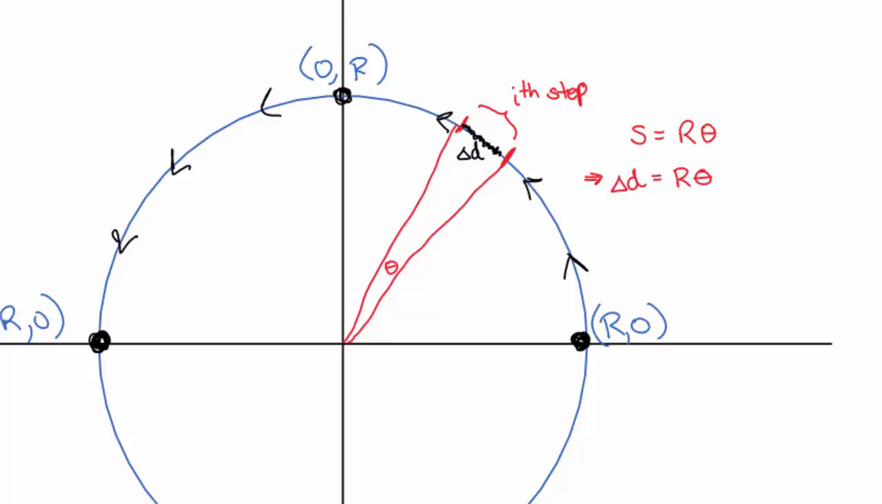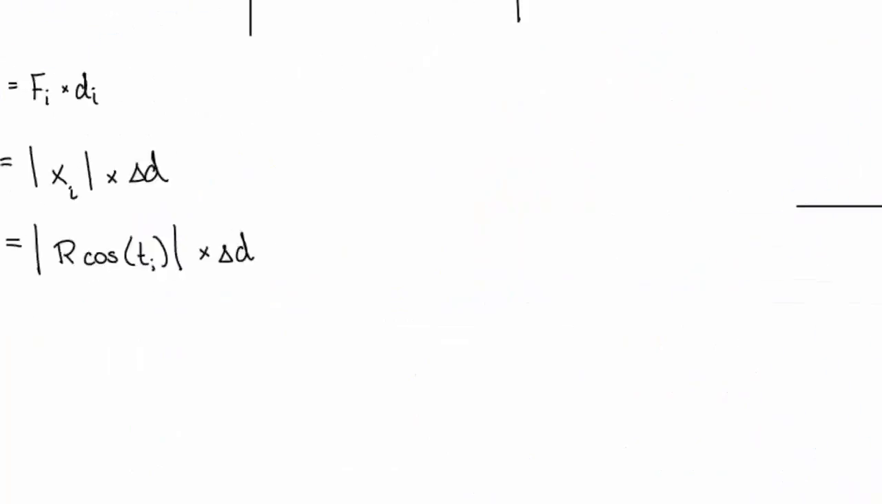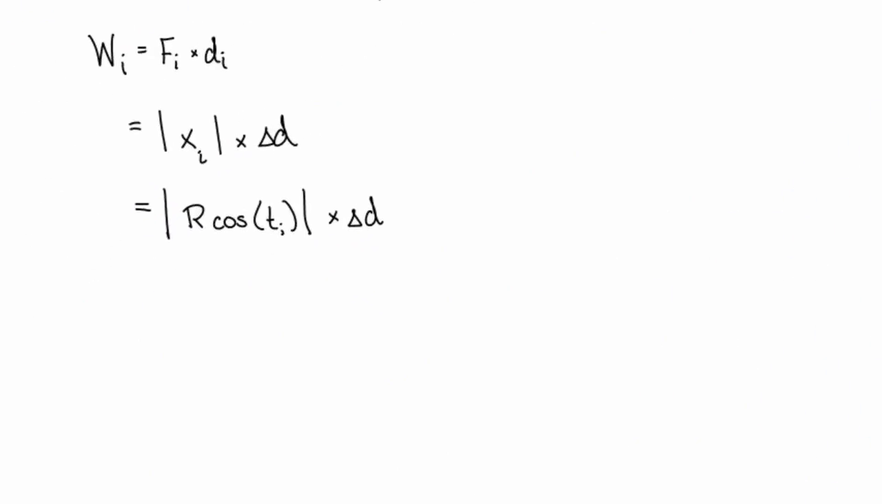Now, okay, we're almost ready to use this relationship. However, if I say that delta D is R times theta, I have no idea what theta is. So that's a problem. If I scroll back here to my equation, that work is force times distance, and we were told the force is the absolute value of r cosine of t. And if I were to replace that delta D with R times theta,